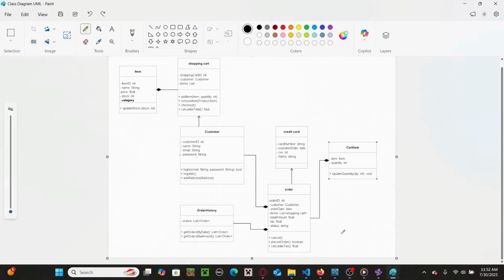Okay, here we have the UML graph. I am going to put this at the end of the video just in case anybody wants to nitpick it. And I hope I'm able to answer the questions to the best of my abilities. Okay, let's get started. So pretty much everything revolves around the customer. A customer has a single shopping cart. A customer can place many orders, but orders only belong to one customer. Cart items, there can be many cart items per order, but